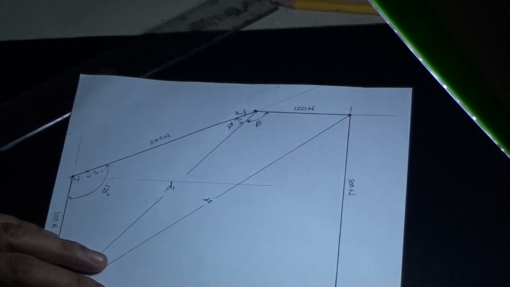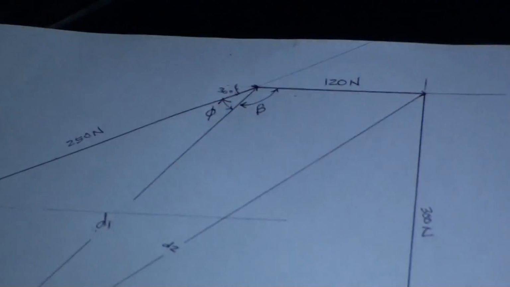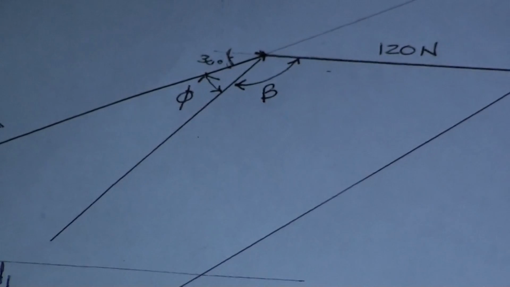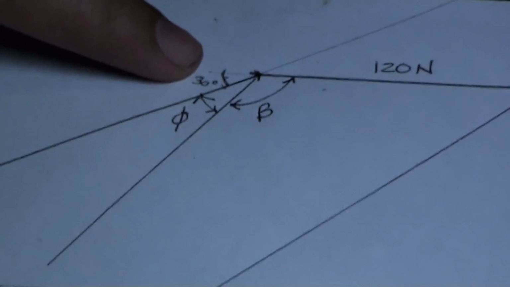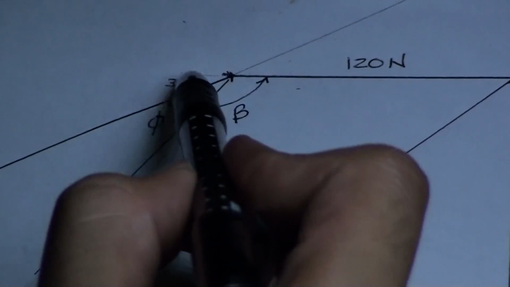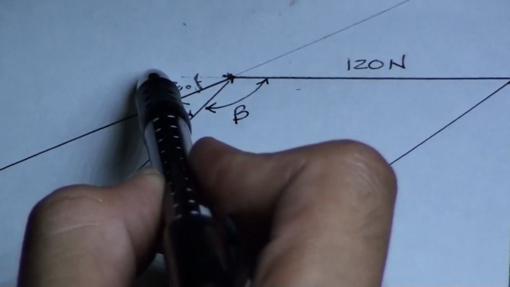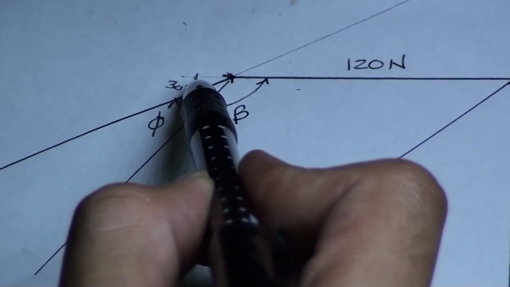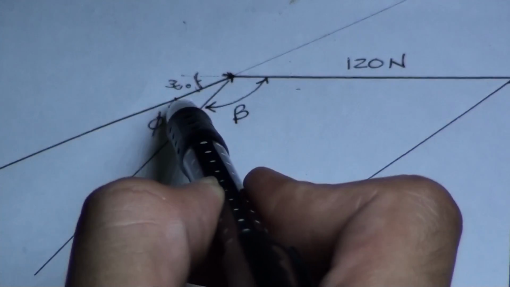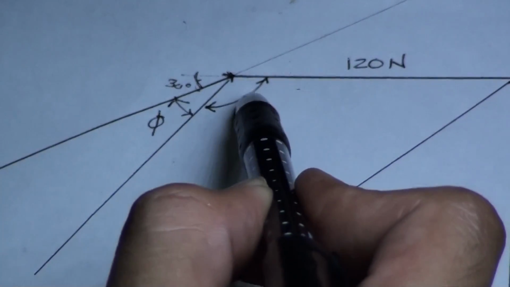Okay. Now for that beta, to solve that for beta, you analyze this figure now. This is a horizontal line. Okay. So if we have 30 degrees here, we have P. I believe we can get beta, wherein beta is just equivalent to